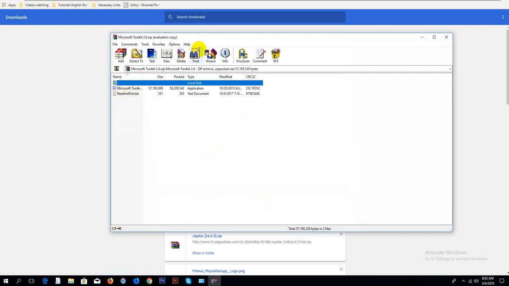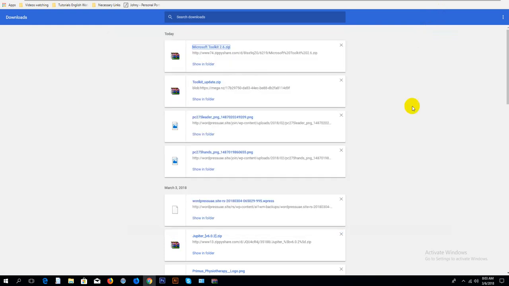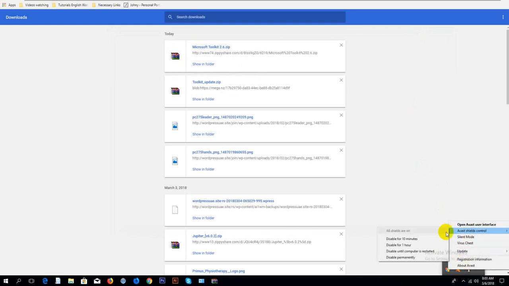Before you start this software, you have to do another thing. You have to disable your antivirus. I'm disabling my antivirus for 10 minutes. Yes, and I have to do another thing,